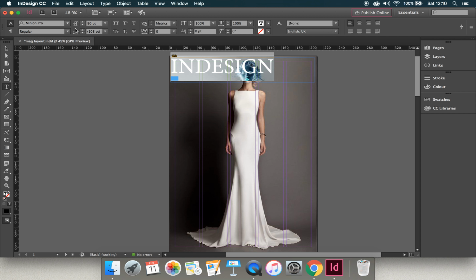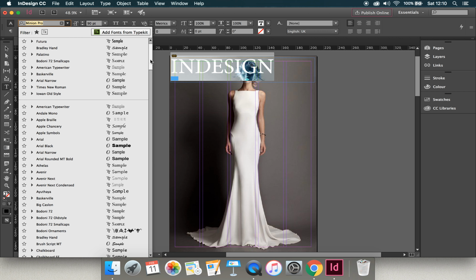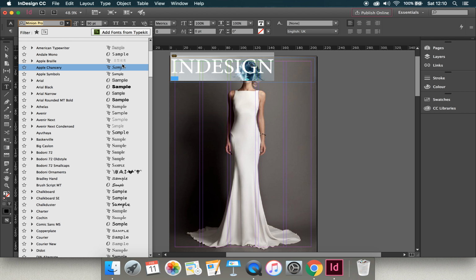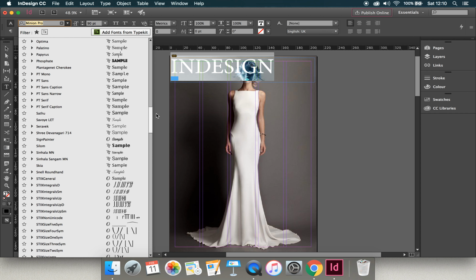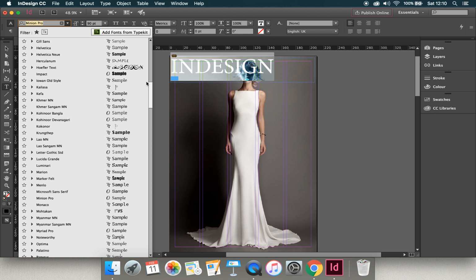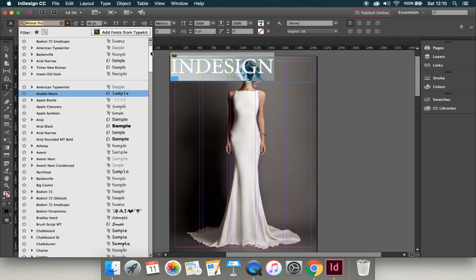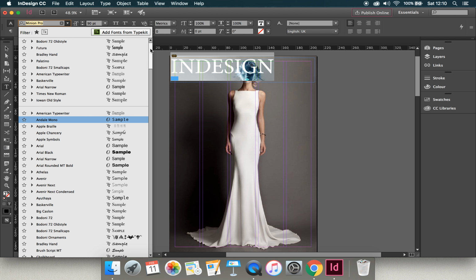And then I am going to change the font to something else. So you go to your drop down menu, there are loads of fonts in InDesign, and next to each font you can see an example of the kind of font that it is. So you can scroll all the way down and try lots of different ones. It's probably a good idea to have in your head whether you want a serif font or a sans serif font. So I'm going to go for a serif font for the front of this magazine, and I'm going to go for